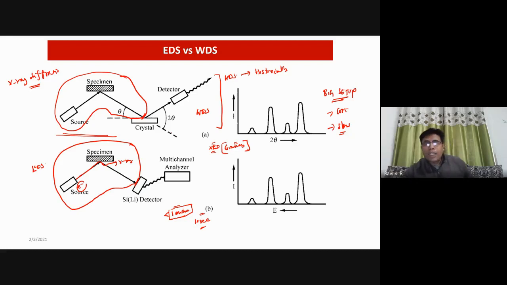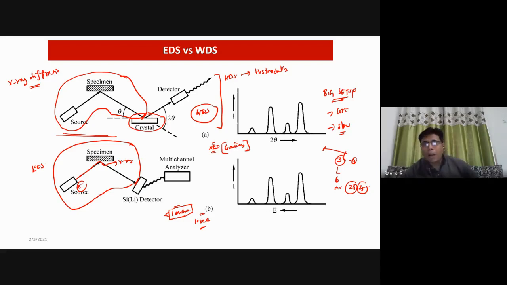But WDS is something where you are not doing one single diffraction profile, because we'll see at some point of time, for an element with a certain wavelength, you use one crystal. At least you need a minimum of 3 to 4 crystals. This is the crystal that we are talking about. We'll see the importance of this. Each crystal requires 6 minutes, let's say with the fastest detector that you have. Then you multiply. That means 24 to 25 minutes are required to get one particular pattern.